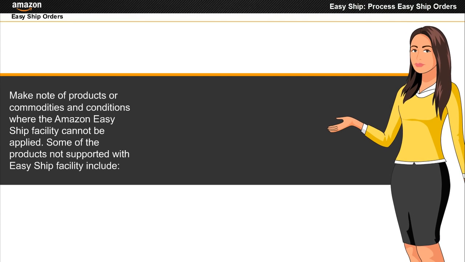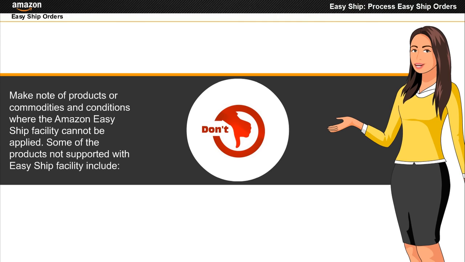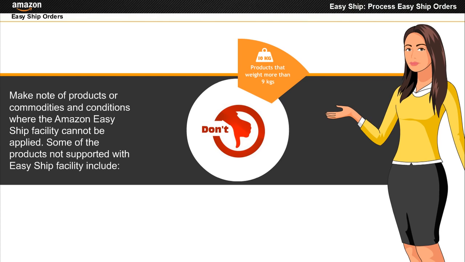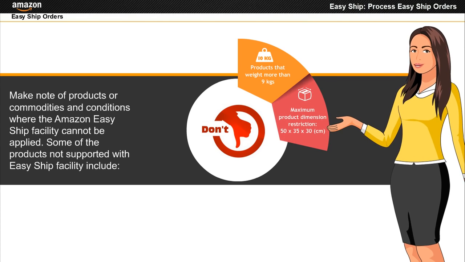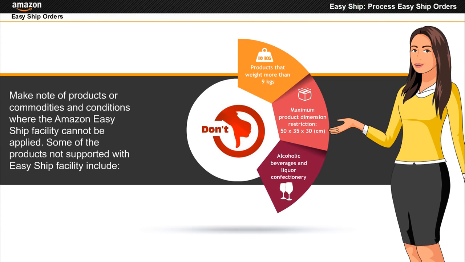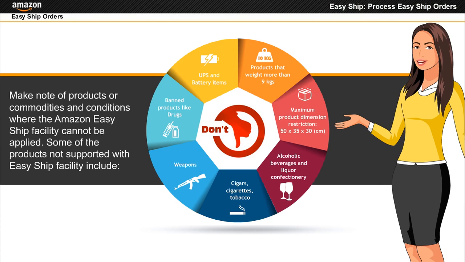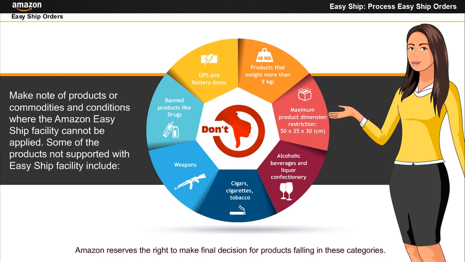Some of the products not supported with Easy Ship facility include products that weigh more than 9 kilograms, products exceeding the maximum dimension restriction of 50 by 35 by 30 centimeters, alcoholic beverages and liquor confectionery, cigars, cigarettes, tobacco, weapons, banned products like drugs, UPS and battery items. Amazon reserves the right to make the final decision for product deliveries not supported by Easy Ship facility.